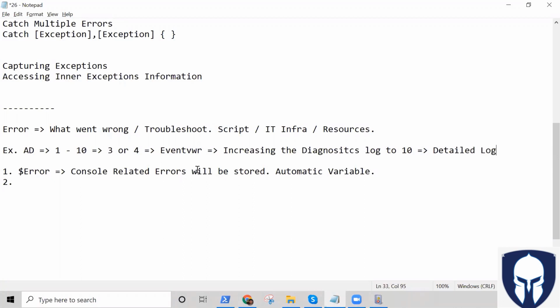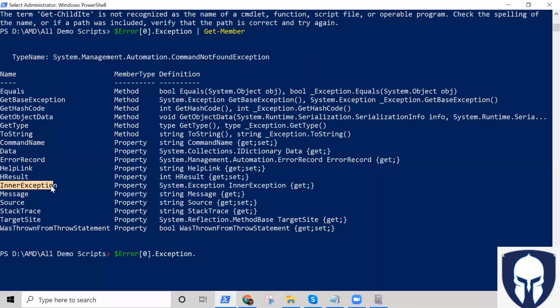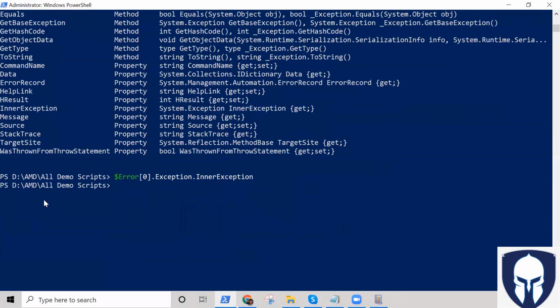Okay, so in that case, whatever the 3 or 4 information was, that will be separated, and each and every step will be logged, and you'll be seeing more details. And this 10 is very equal to this inner exception. So inner exception, in most of the cases, let's say here you might be seeing empty. Okay, so in most of the cases you will not be seeing the inner exception, but inner exception is, as